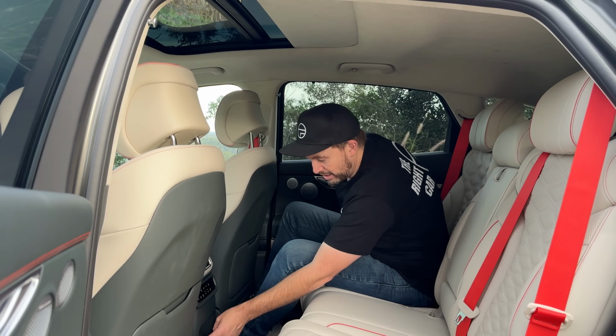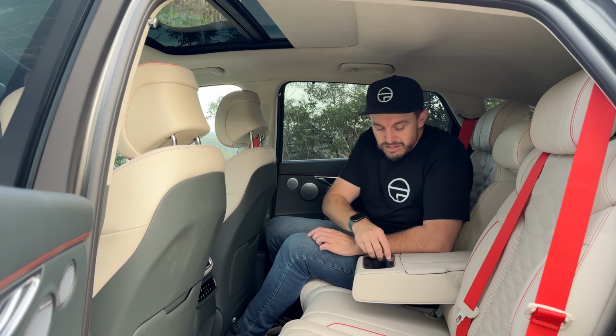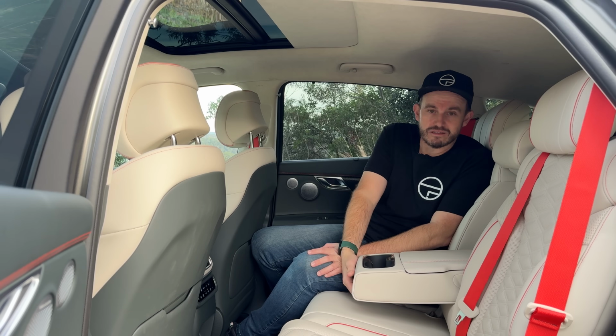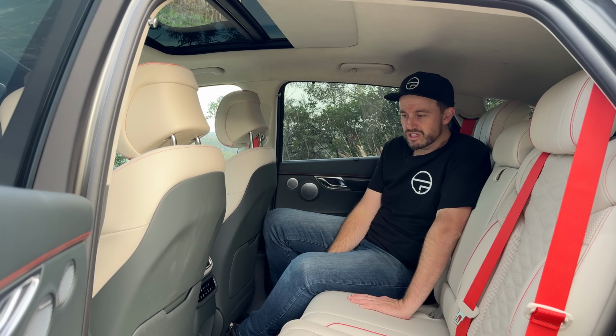And there's also a pair of USB-C ports down here and a 12-volt, and bottle holders in the doors, and a flip down armrest with some cup holders and a little storage tray as well. So yes, it's all pretty clever, I reckon, when it comes to the cabin storage and solutions and comfort levels